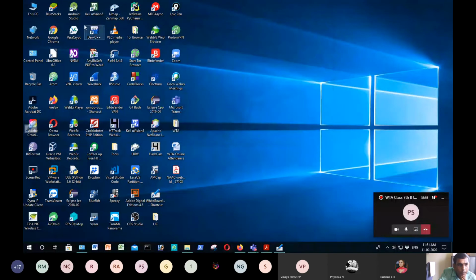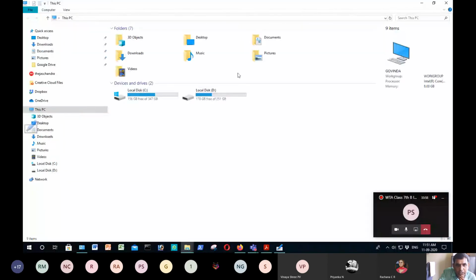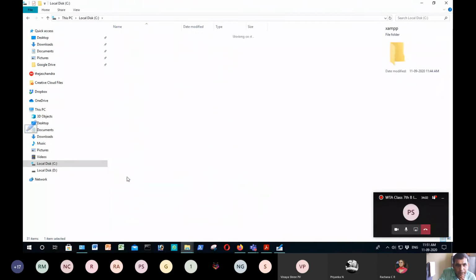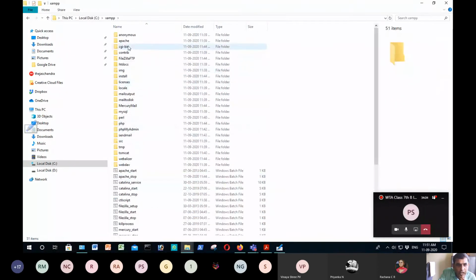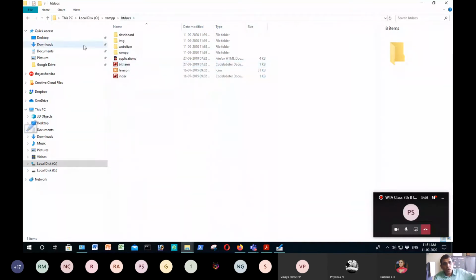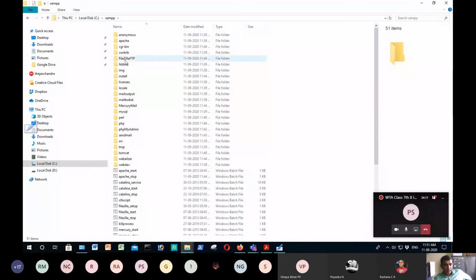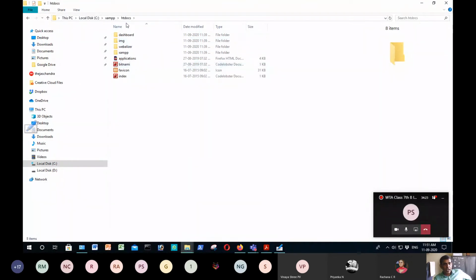So anyway, the point is, as I told you, if XAMPP is installed, this is the document root. I will go to C drive. So XAMPP and htdocs. The file is already present in htdocs. So now, if you refer to this, on the PC means C drive. So XAMPP, then we have a folder htdocs. So the point is, this is the document root.